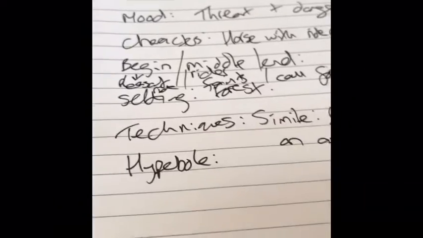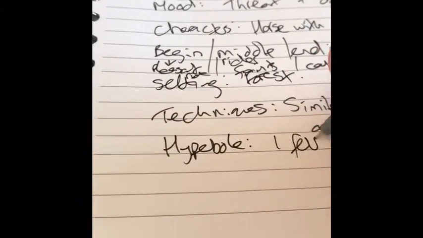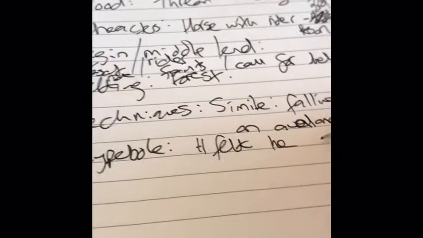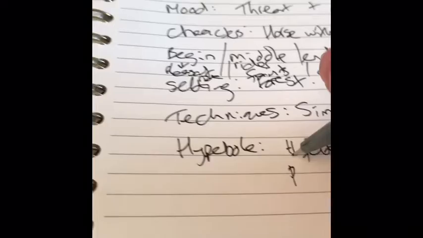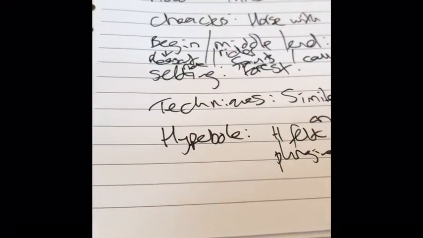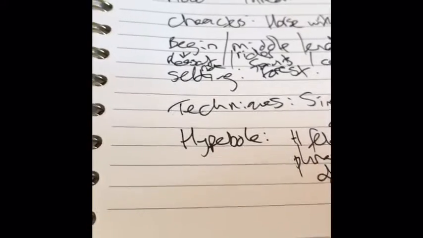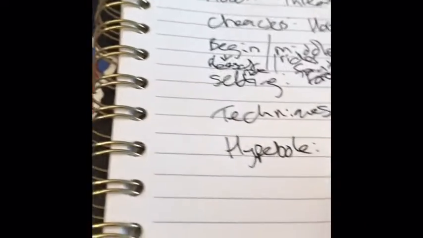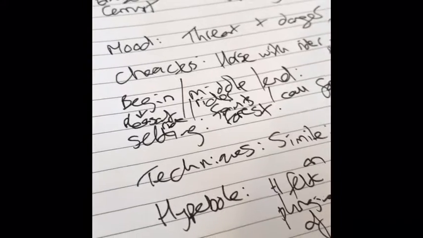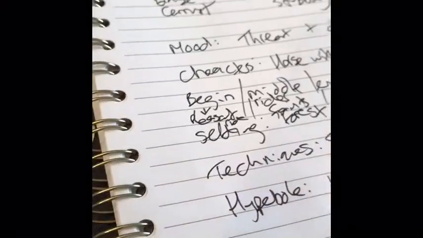But let's say hyperbole, I'm going to do, he felt, because I'm going to write it in third person, he was plunging to the bottom of an ocean. So that could be him feeling, the horse feeling panic, or it could be the guy who's fainted. So it's nice and open, I think, yeah? Then what else could we do that's a technique? So we could also do